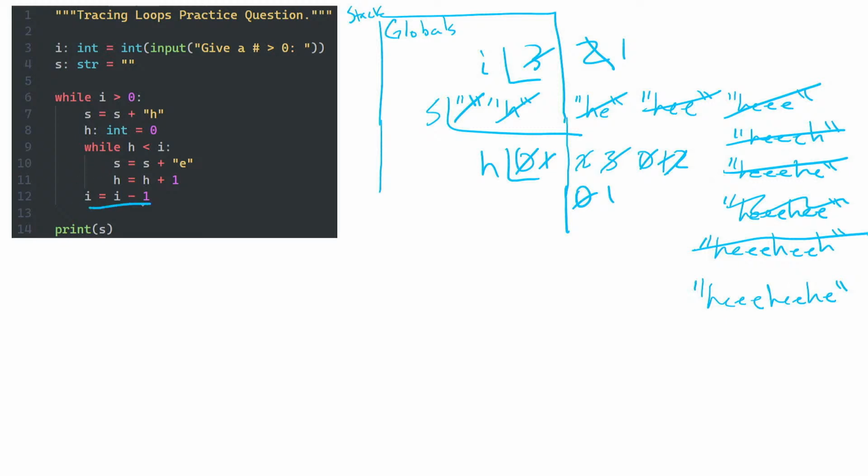And we finish that inner repeat block. So we go down to line 12, subtract 1 from I. I's value is now 0. We go back up to the top of this loop. We test, is I, which is currently 0, greater than 0? That's false now. So we're done, and we print S. So S's value at the end of all of this is the final string, right? That's the output of this program.